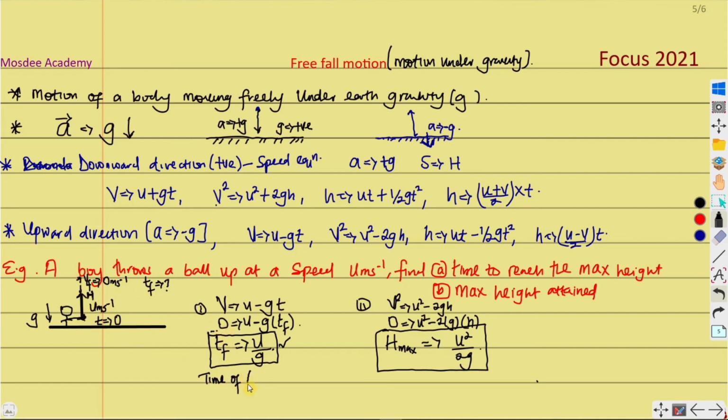So the time of flight equals 2 times the time it takes to get to this point. So we say 2u divided by g. Students should keep this formula in mind, as we are going to be using it in other applications of solving numerical questions. So this is where we are going to